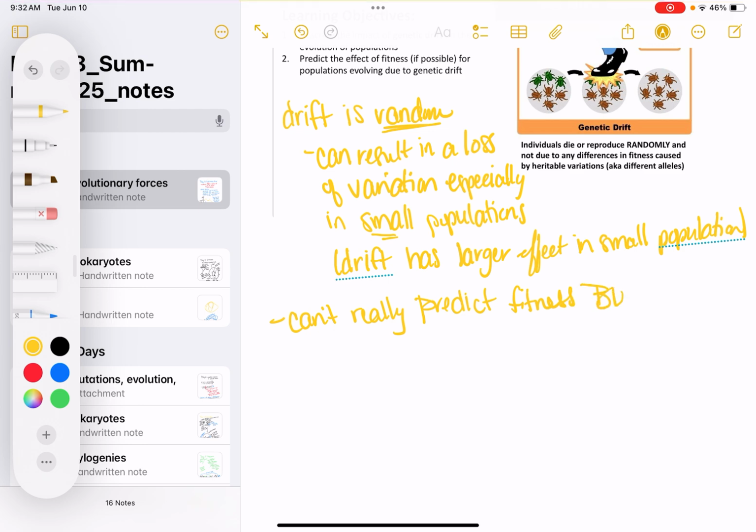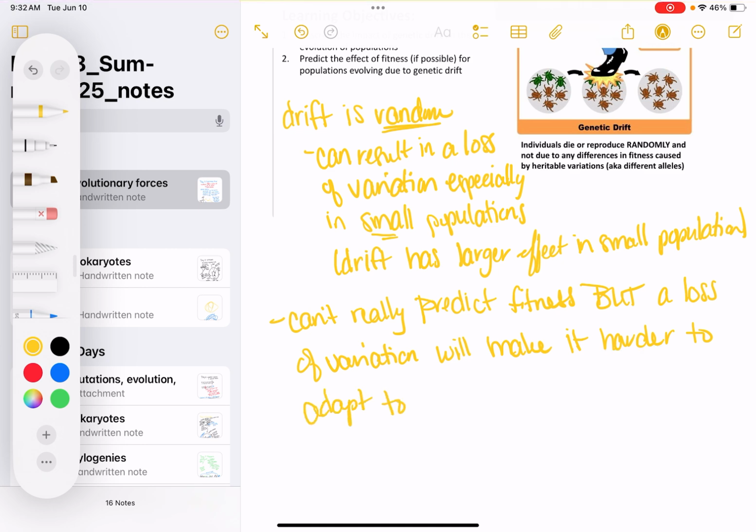But a loss of variation will make it harder to adapt, right, to changes in the environment. So any changes in the environment. Okay. All right. So if we do have that loss of variation, if we suddenly have a change in the environment,